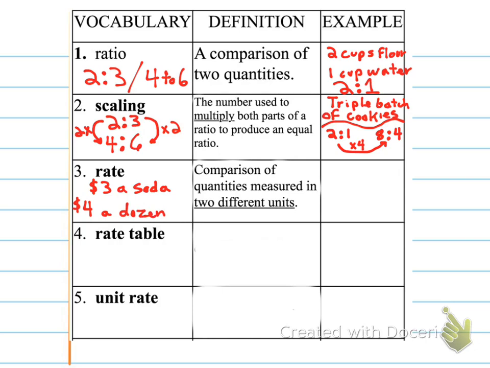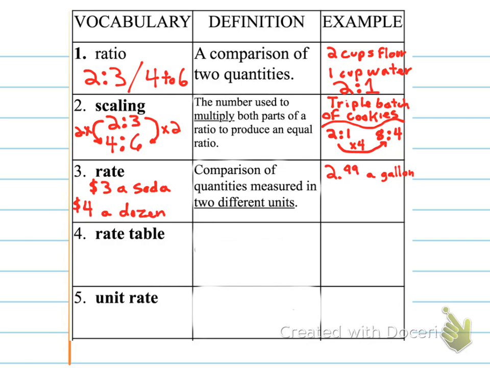And a rate is basically when we have 2 different things set up. So if I say $2.99 a gallon for gasoline,